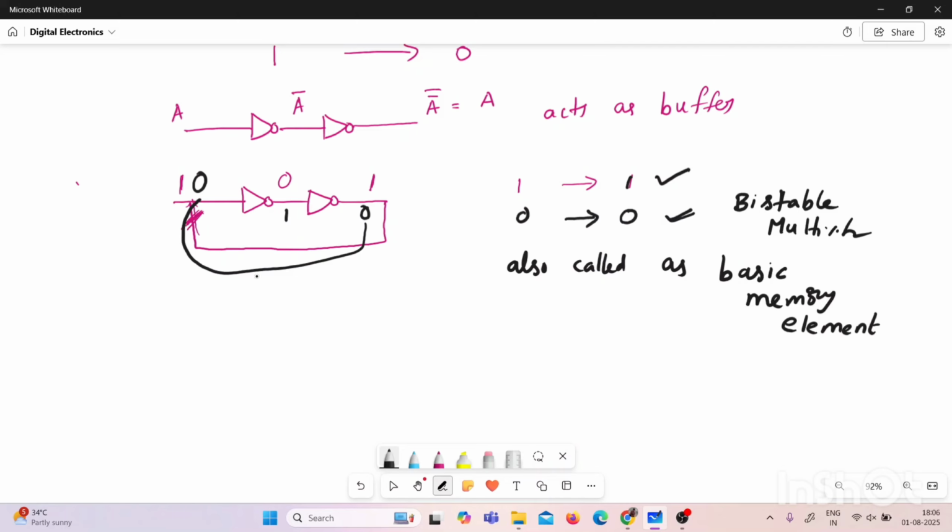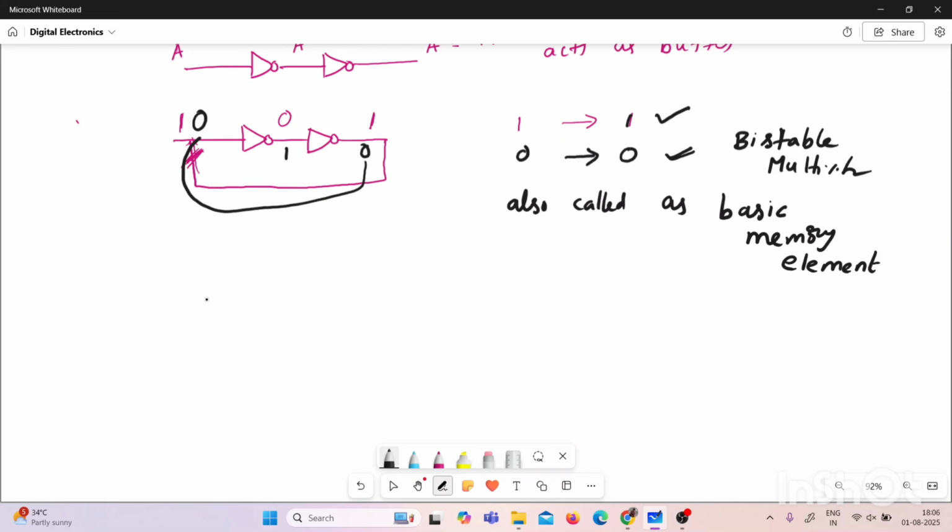So the important point is, to provide a bistable multivibrator, you need to connect an even number of inverters, connected in cascade with feedback connection. Whether you are connecting two NOT gates or 4 NOT gates or 6 NOT gates, whenever you connect an even number of NOT gates, that circuit will act as a bistable multivibrator. I hope you understood. Next, there is another possible question using this NOT gate, whenever the